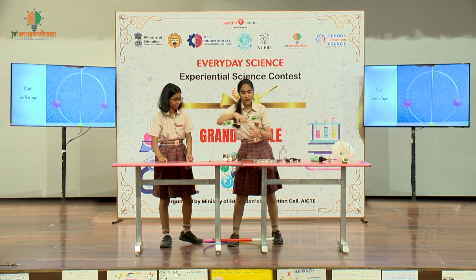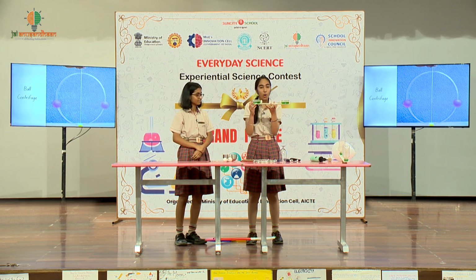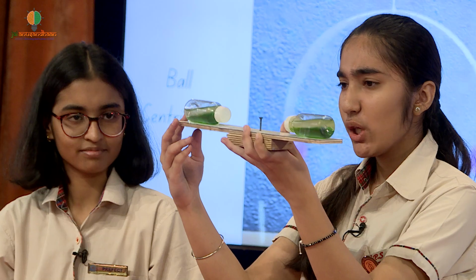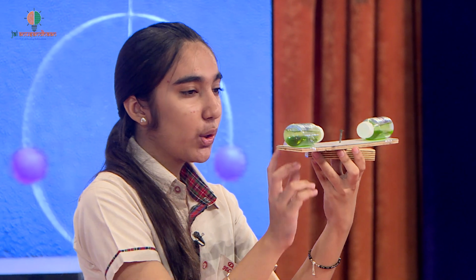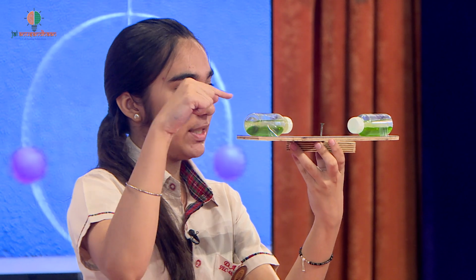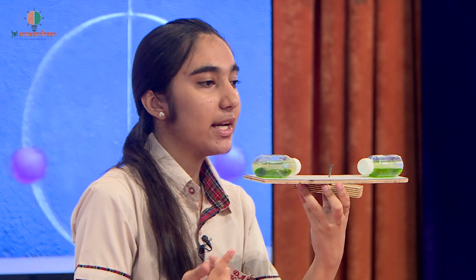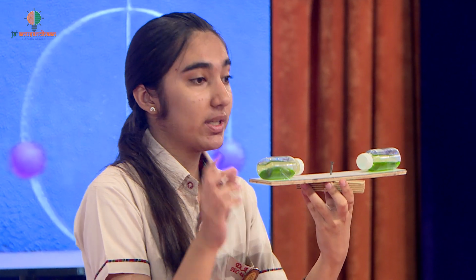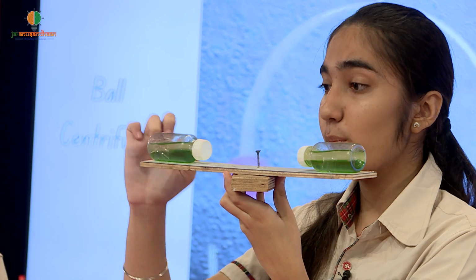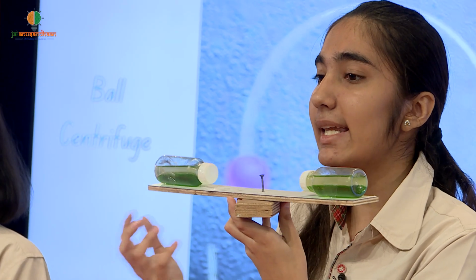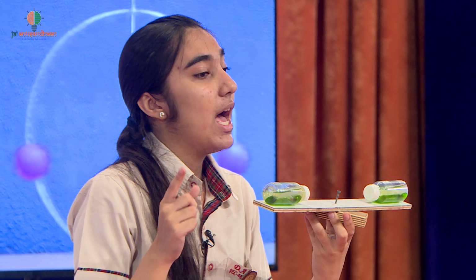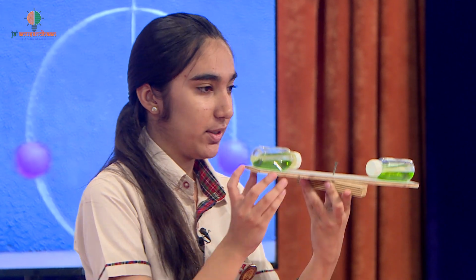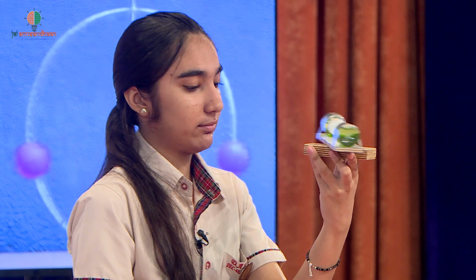All right, one more experiment, Shreya. So herein we have this simple setup and we have oil and colored water in these two bottles. You can see them separated out slightly. Now as I rotate this setup, look very carefully, there is a curve like this which is formed. That is because of the resultant of the centripetal and the centrifugal force. Also notice that the water will move towards the edges because it has slightly higher density than the oil and thus has more rotational inertia, and therefore the force acting on it is also more. Let me show you once more. Yes, I do see the curve. Yes. Exactly.